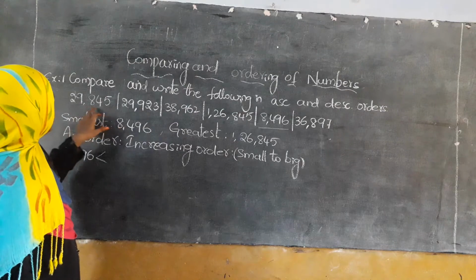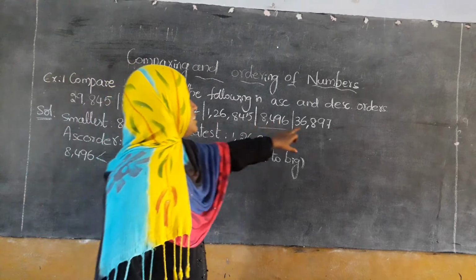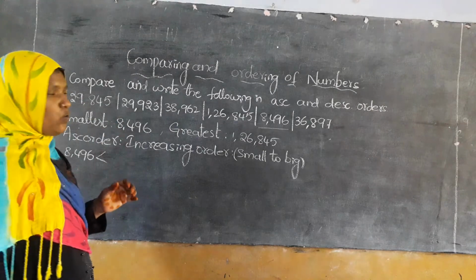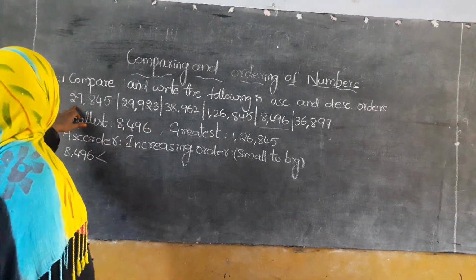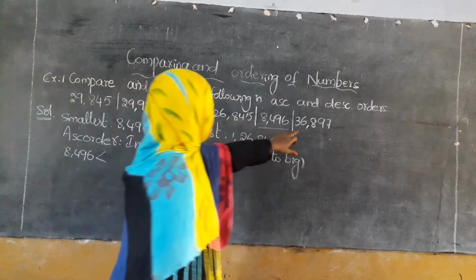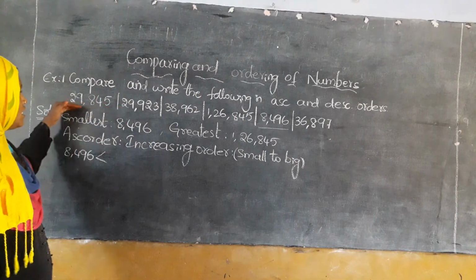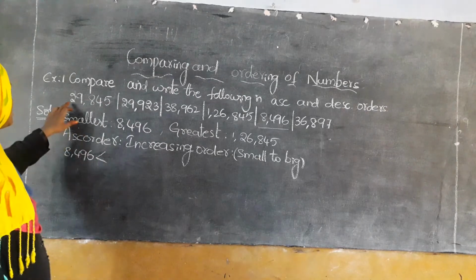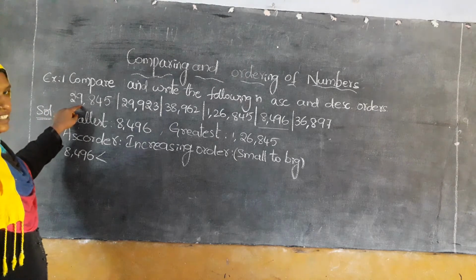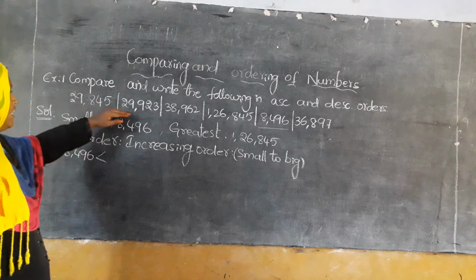which is next? It consists of 5 digits. It also consists of 5 digits. It also consists of 5 digits. This is 6 and this is 5. So now let us observe the 5 digit numbers. The first two digits are 29, 29, 38, 36. So 29 is the smallest. Again we have the same digits: the first two digits are the same, 29 and 29. In the 10,000 place there is 2, in the 1,000 place there is 9. Here also 10,000 place 2, 1,000 place 9. So here 29, 29.